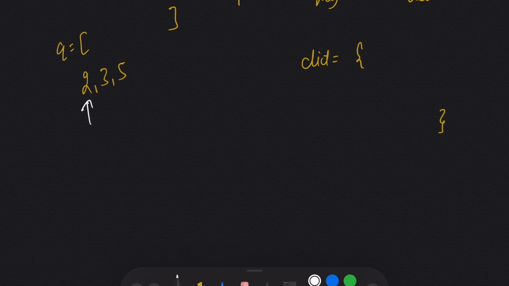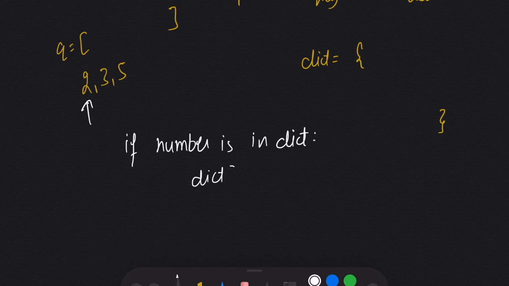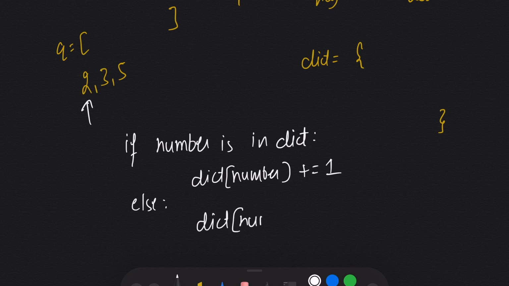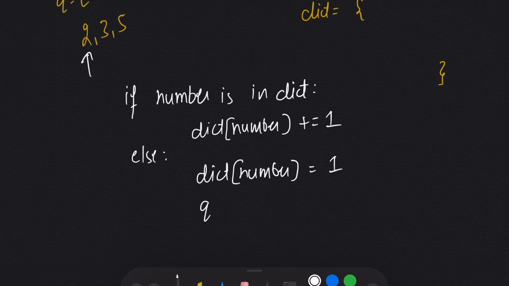So what I will do, if my number is in the dictionary, I will simply increment the value of my number by 1. Else what I will do, I will add that number to my dictionary with its value as 1 and I will add that number to my queue.